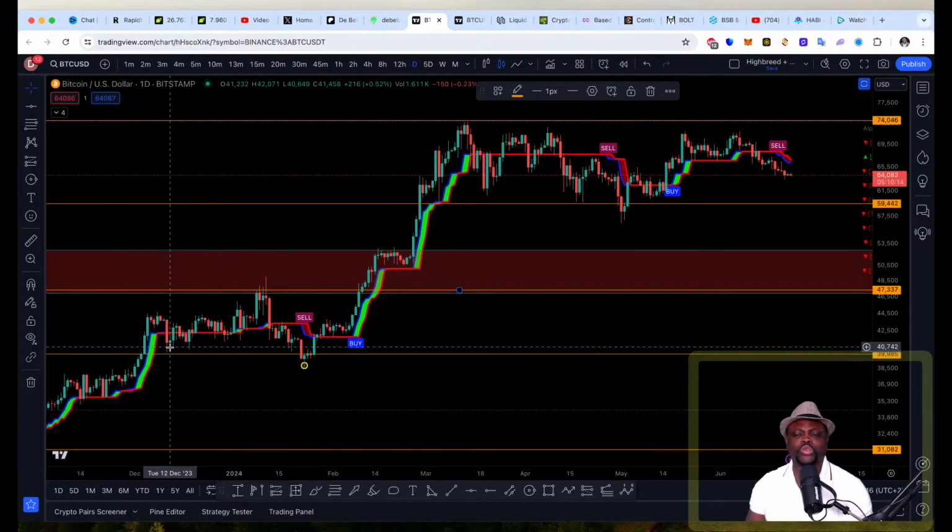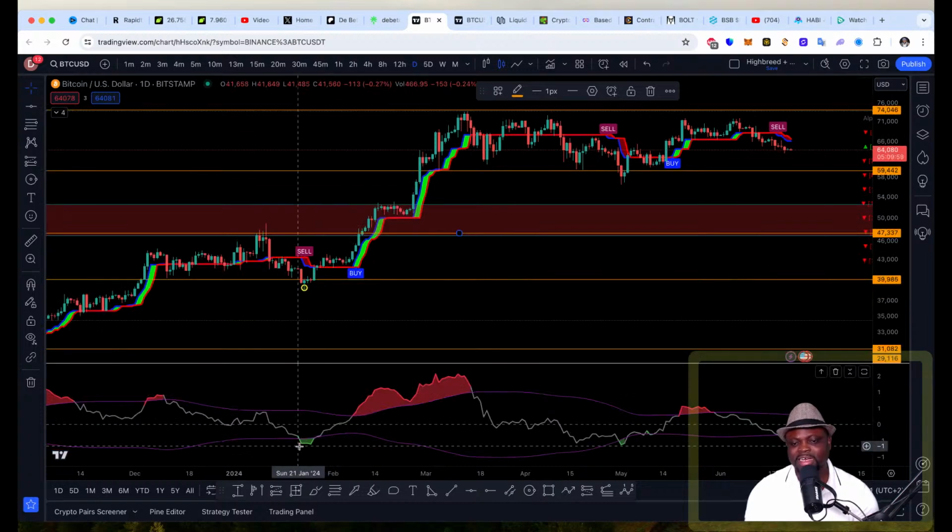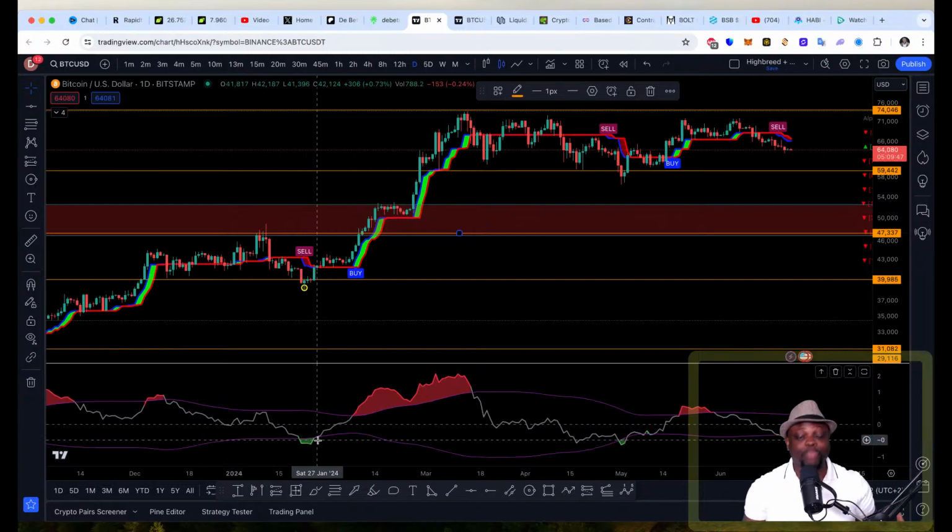Now, I just want this to be basics. I don't want to bring in so many charts and confuse you. One last thing I'll bring in is the Trendillo. Trendillo is like an RSI indicator, and it's more of a trending indicator. It tells me when the market is in an oversold or an overbought situation.